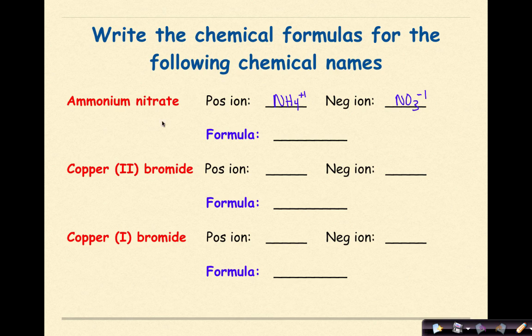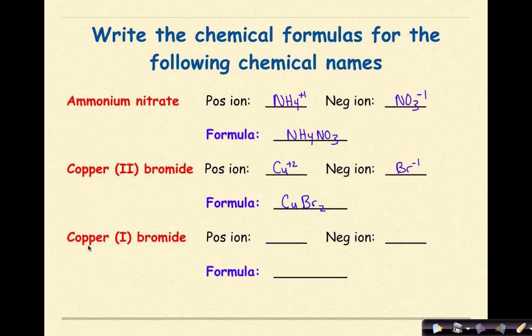These are polyatomics that you should have memorized over the summer. So NH4 +1, NO3 -1, the ones will cancel out. This is going to be NH4NO3. Copper 2 bromide. The positive ion here will be our metal. The Roman numeral tells us that it's going to have a charge of +2. So this is going to be Cu +2. The bromide is going to be Br -1. So when I cross these down, it's going to be